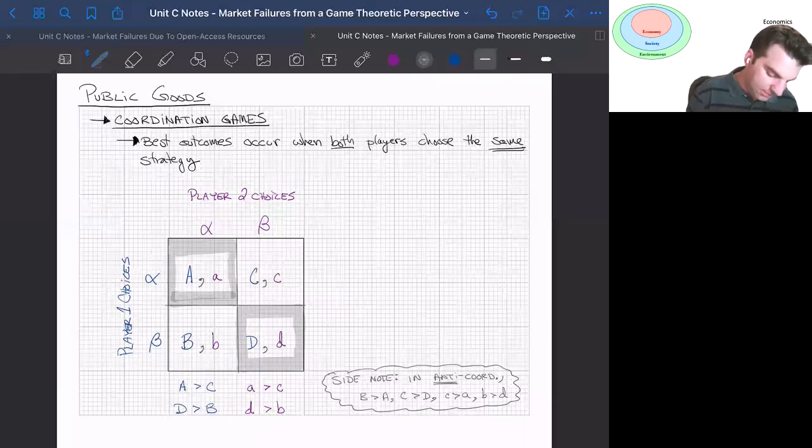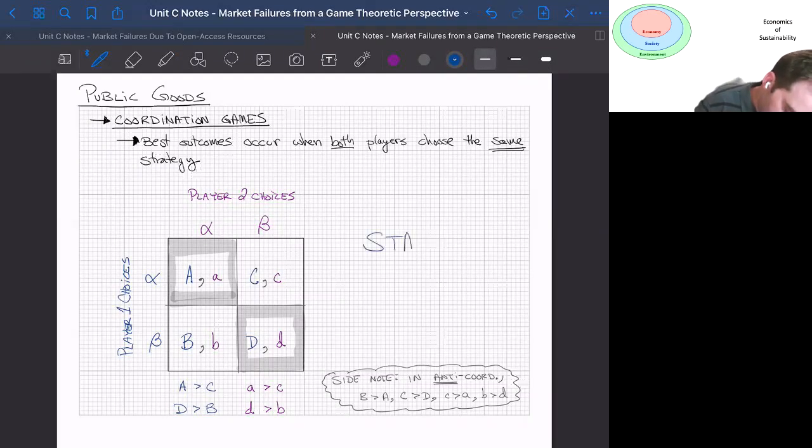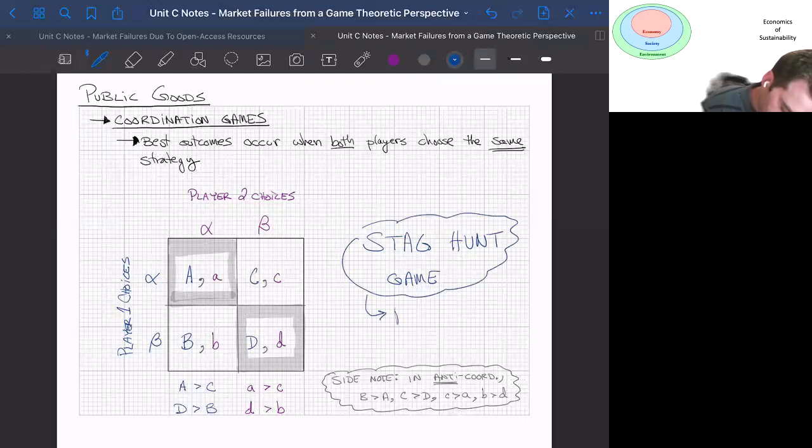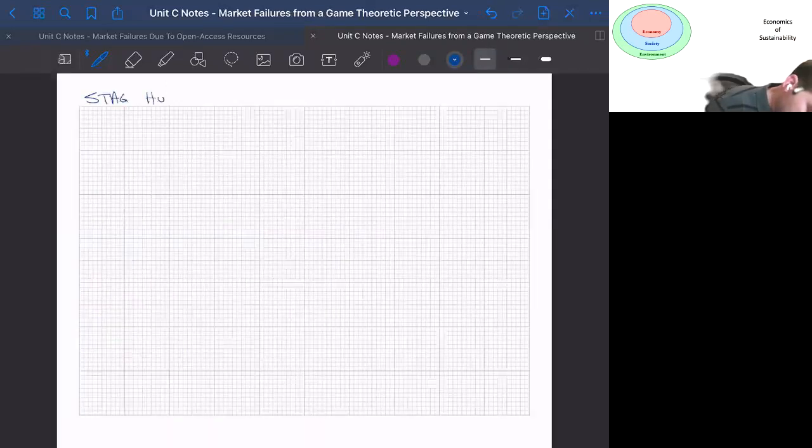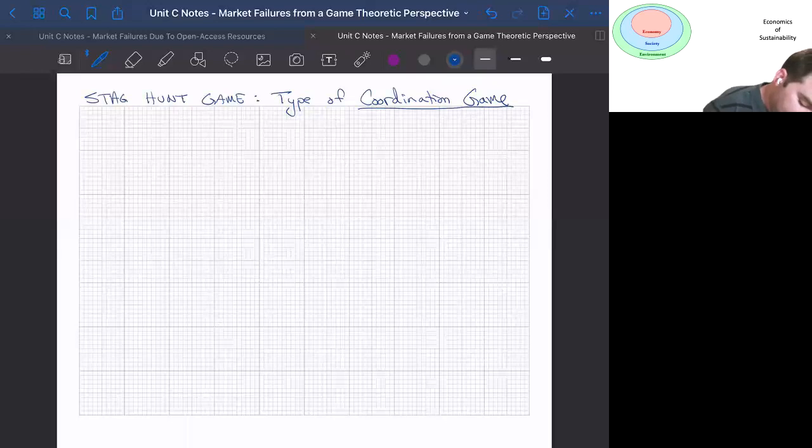And we are going to focus on a specific type of coordination game called a stag-hunt game. So I'll write that here, and then just to give us more space, I'll go to the next page. The stag-hunt game is our public goods case. This is our special case for public goods. So what is a stag-hunt game? A stag-hunt game is a type of coordination game that has a particular structure